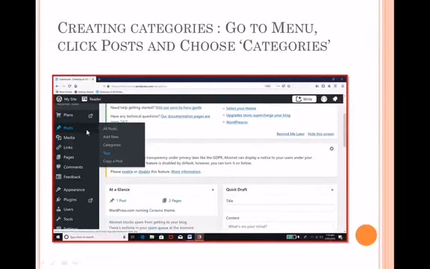Posts are the core of your blog, something which we keep on adding, the information which we keep on changing. Those things are called posts. For example, in our case, it is a blog of librarians. So what is the core of a post? Information about each and every librarian will be a post.